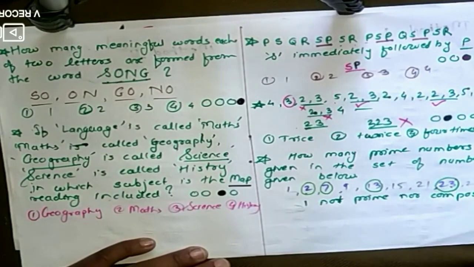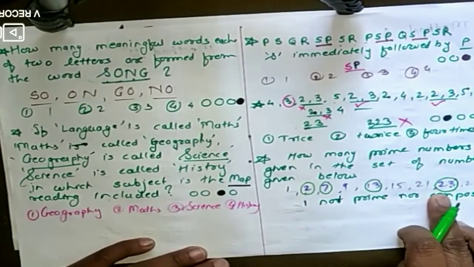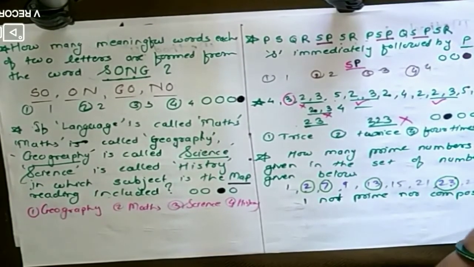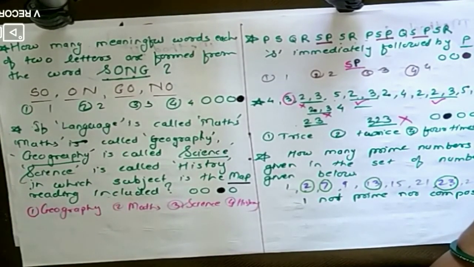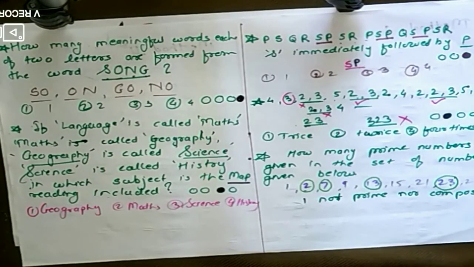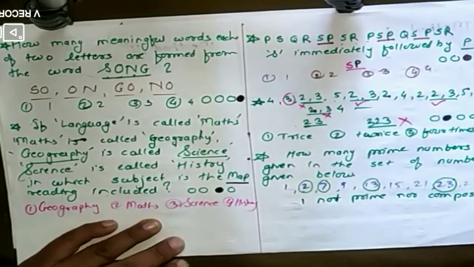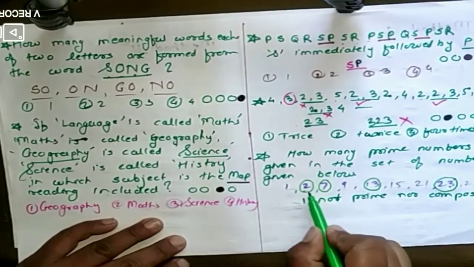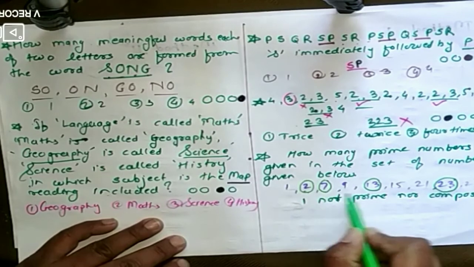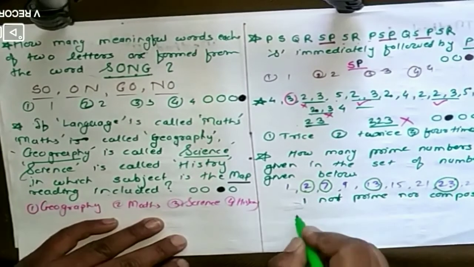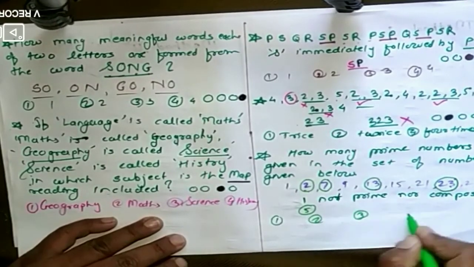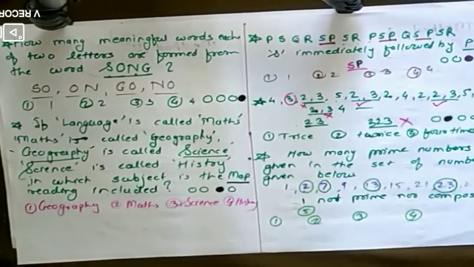Next it is 23. It is present in its own table only. 27 is present in 9 threes are 27, 3 nines are 27, 27 ones are 27. So it is present in more than one table, so it is not prime. Last is 29. 29 is present in its own table. So how many prime numbers are there here? 1, 2, 3, 4, 5. So the count is 5. From the given options you have to choose the matching option.